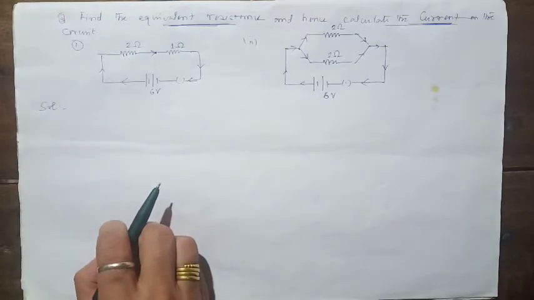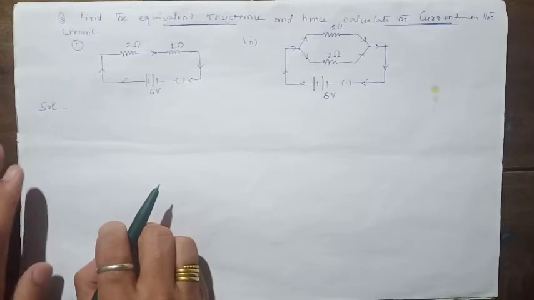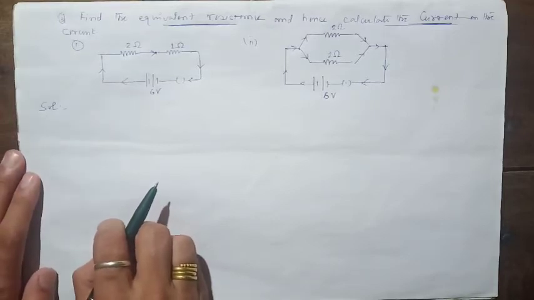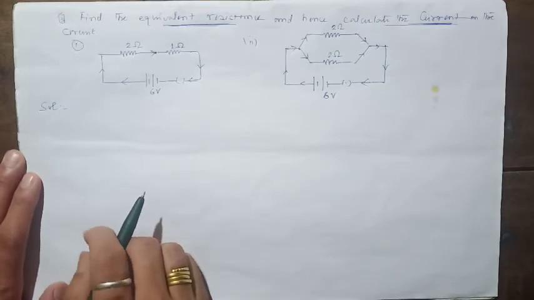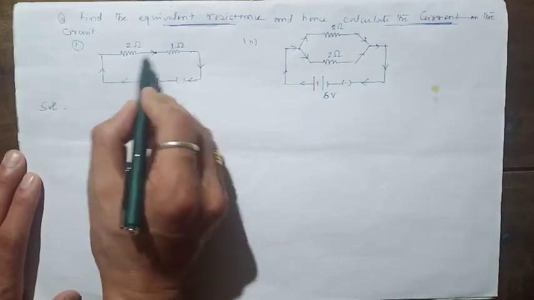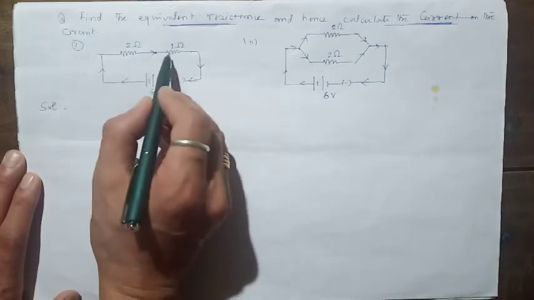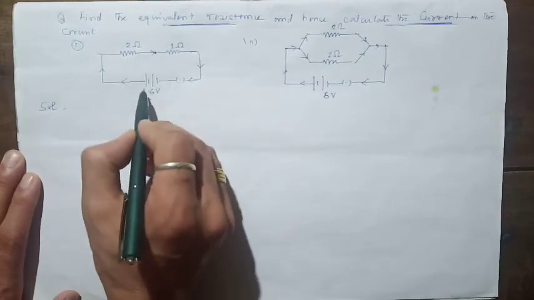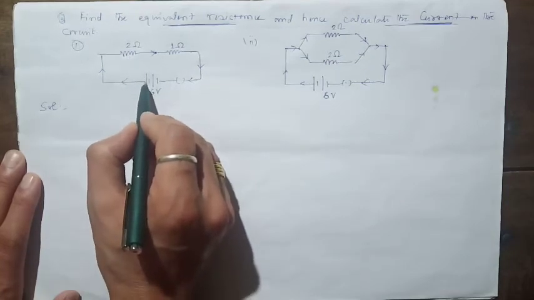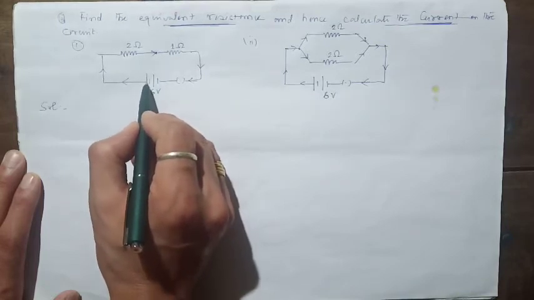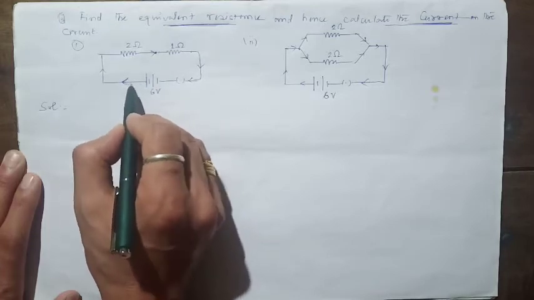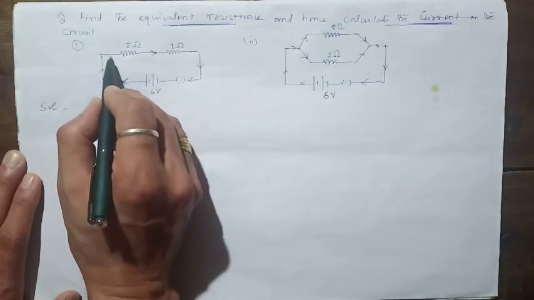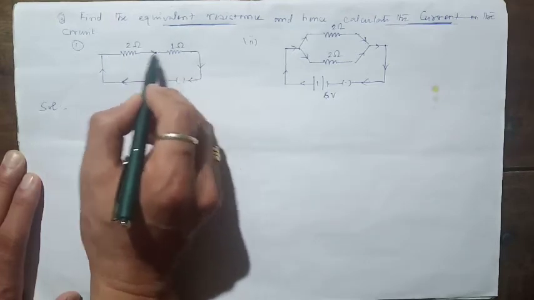Now, how to identify whether the given resistors are connected in series or parallel? You remember, students, in the last lecture we discussed how to distinguish the series and parallel connections. Now, students, these are the two resistors. I want to know whether these resistors are connected in series or parallel. To identify this, imagine the battery is releasing the current. Now, this is the conventional current's direction. The same current flows through both these resistors.